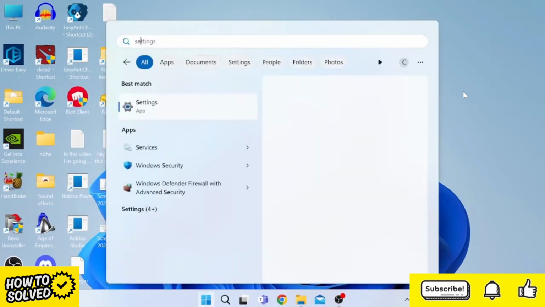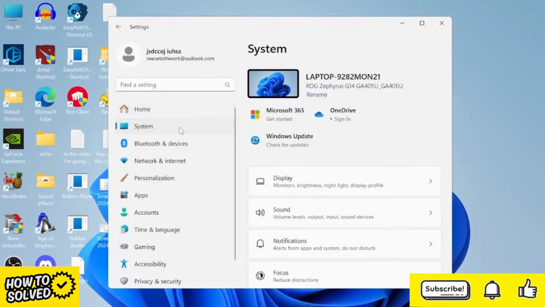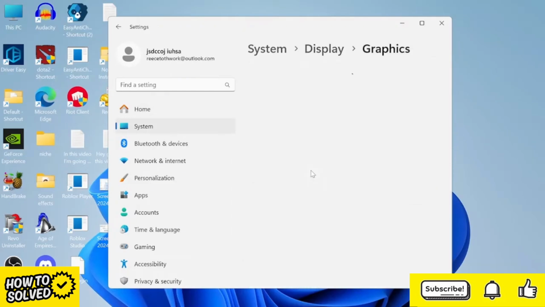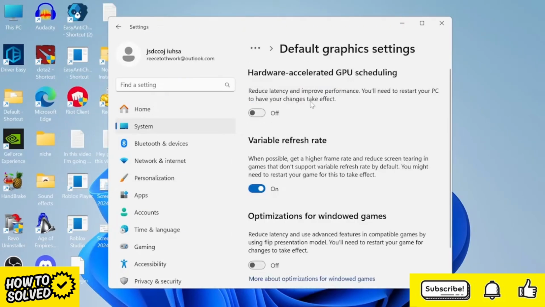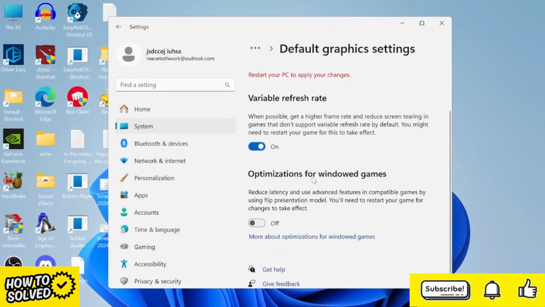Start menu and search for Settings, and then tap on the Settings tab. Come over to System from the left hand, inside of Display, and then come all the way down to the Graphics section and come in here. Select Change Default Graphics Settings, and we need to make sure Hardware Accelerated GPU Scheduling is turned on, as this is a feature that is designed to reduce the load on your CPU, which will minimize latency and improve the overall performance. You can also come down to this section, Optimizations for Windowed Games, and you can also turn this